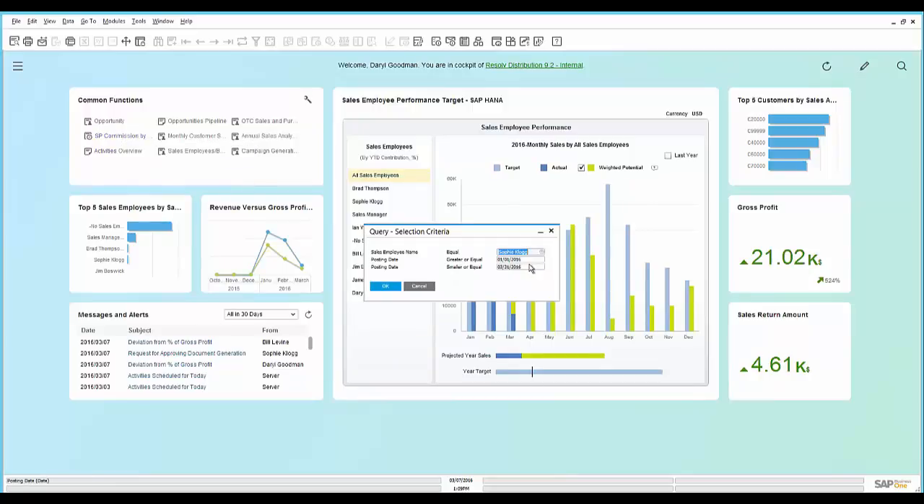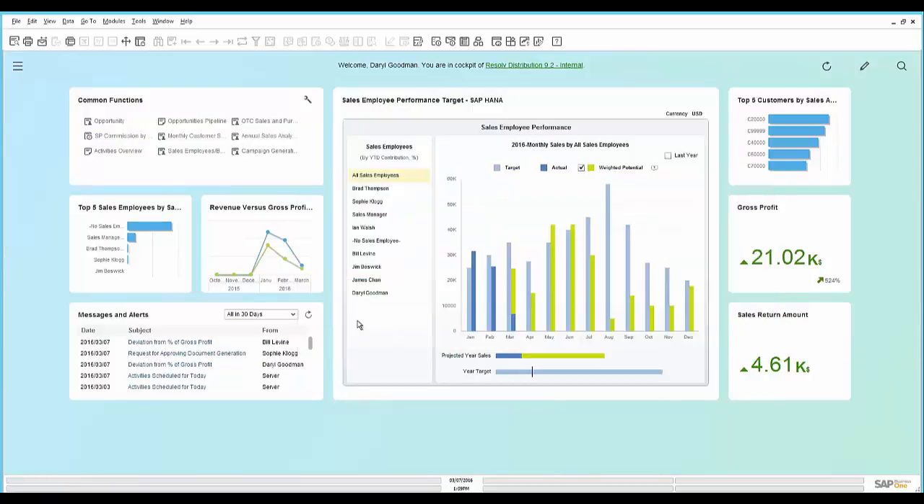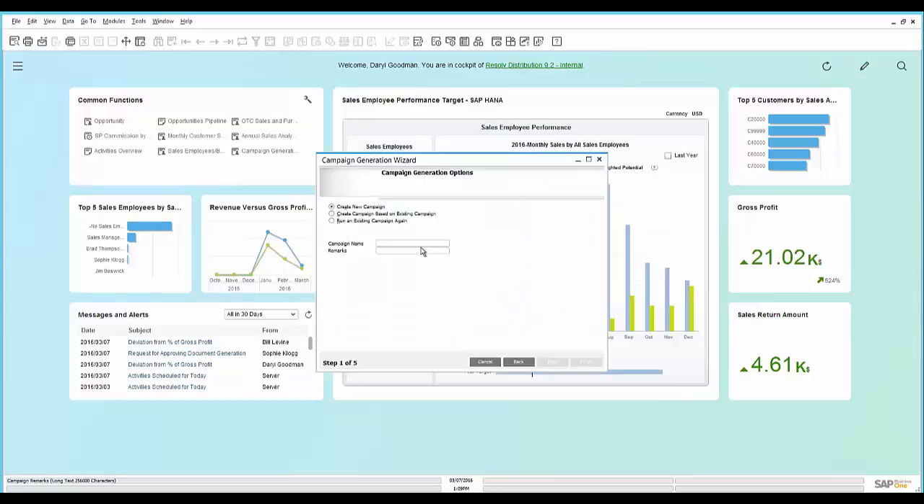So for example, if Sophie wanted to see how she's performing this quarter, she can quickly see the commission calculation for her performance. Next, let's look at how I can use a campaign to help drive the performance of my department. In the campaign generation wizard, I can create a new campaign that I'm going to use to drive interest in